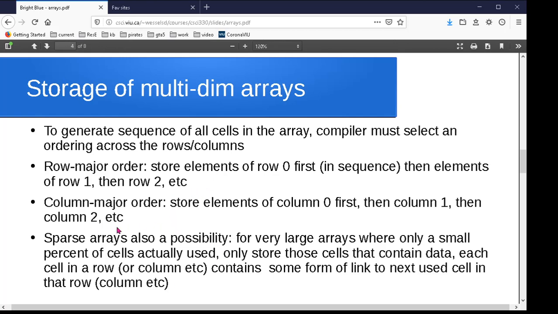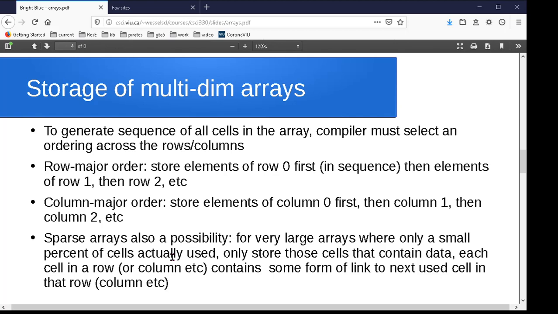Let's see, one of the other possibilities that you might have talked about in 260, the data structures course, is the idea of a sparse array. If you have a really huge multidimensional array, so you've got thousands or millions of rows and thousands or millions of columns, then obviously you can't store the entire thing in memory. So what's done is, usually you're only using a portion of the elements scattered around this array. So you go through and say, okay, well, what we'll do is we'll only store the cells that we're actually using, and we'll take more of a linked list approach to the implementation, where